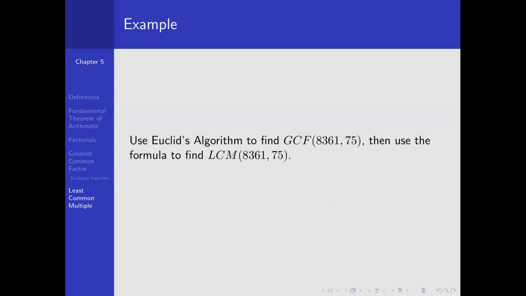So here's our example. We're going to use Euclid's algorithm again, and you can refer back to the flowchart if you need to find the greatest common factor of 8361 and 75. Then we're going to use the formula from the theorem to find the least common multiple of 8361 and 75. And so here you should go to the pencast and watch that last example, fill everything in,